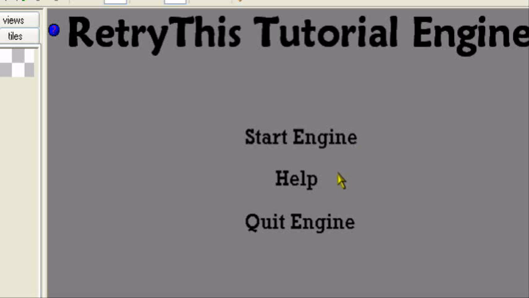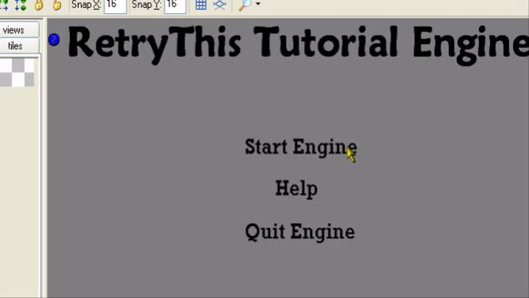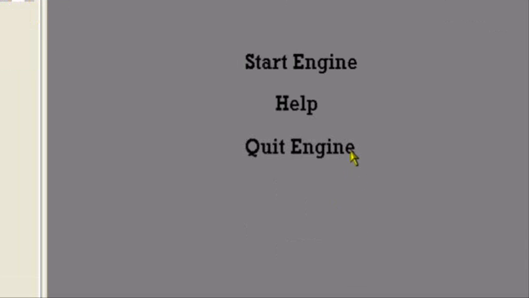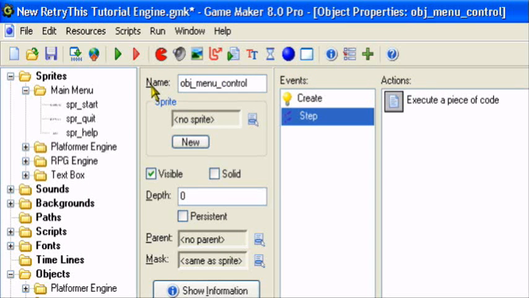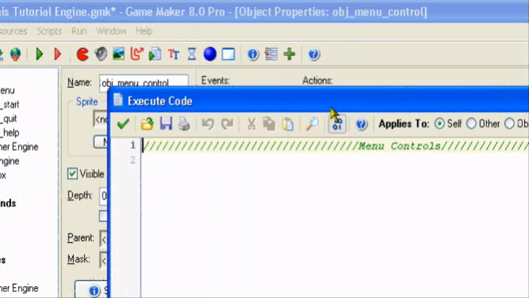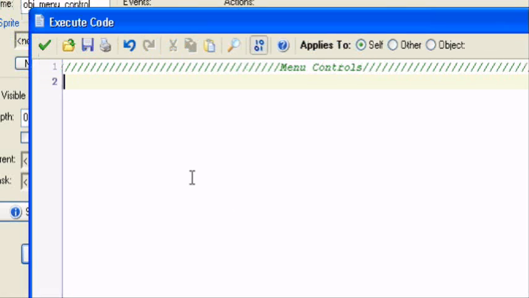So when I press down, it'll go to Help. And the same thing for up. If I'm on Quit Engine and I press up, I want it to go to Help. If I press up again and I'm on Help, I want it to go to Start Engine. And if I'm on Start Engine and I press up, I want it to loop back and go to Quit Engine. And repeat the same process. So for this, we'll need 2 different keyboard check actions for each of the objects. So what we're going to do